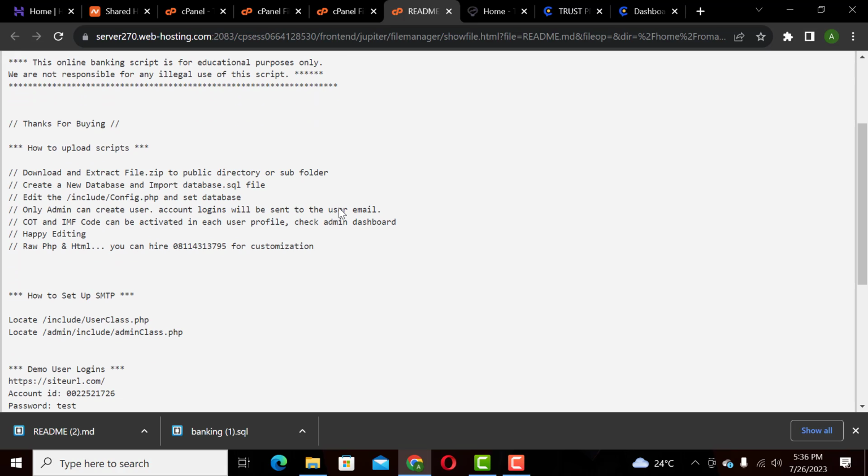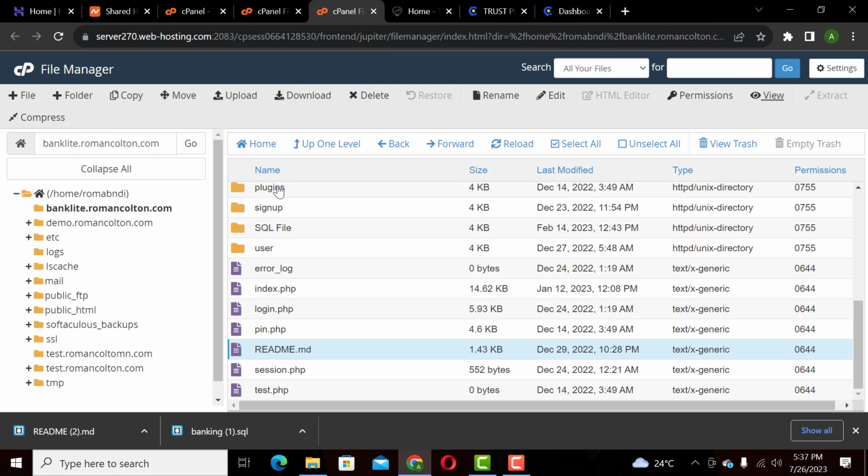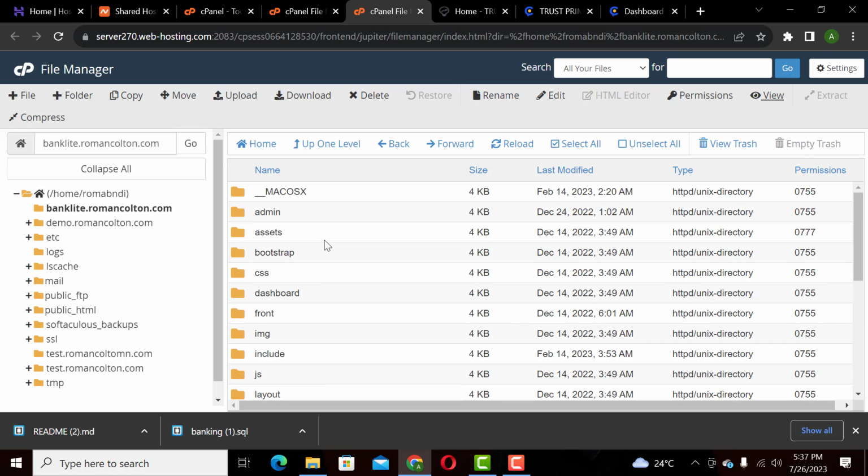Download and extract the zip to the subfolder, create a new database, import the database SQL, edit the include file, the config file, and set the database. Only admin know this and all sets up the rest. Then you get to that when you get to the admin section. So after uploading the script, all we need to do is to create a database and upload this database SQL